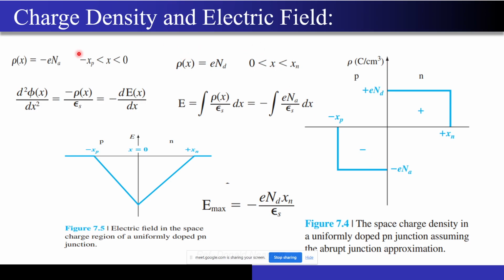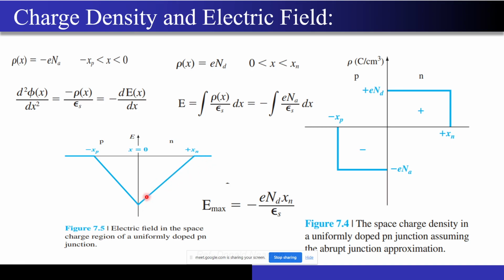So now what did we do? We had the charge density, and using Poisson's equation, we know that dE by dx is nothing but rho by epsilon. So now if I integrate, because this is dE by dx, only then will I get the electric field. So if I try to integrate this charge density, this is negative, a constant value over here. If I integrate a negative constant, then I will get a negative ramp. That is the negative ramp that I'm getting. And if I integrate a positive constant, then I will get a positive ramp. That's why you got a positive ramp over here.